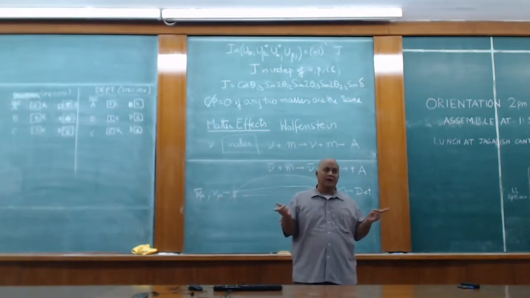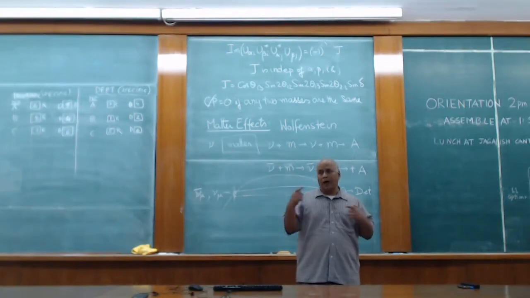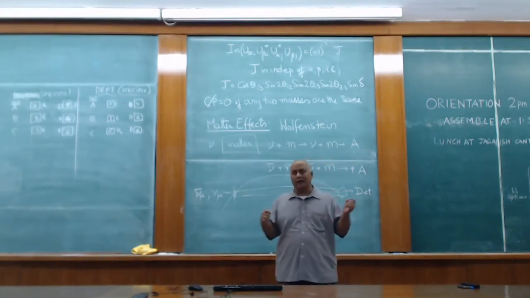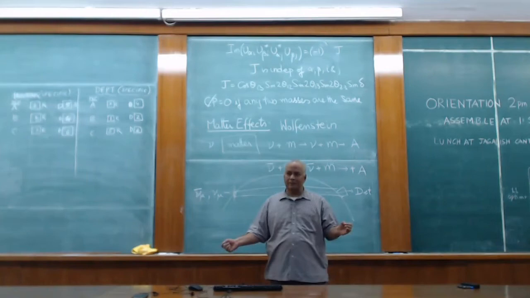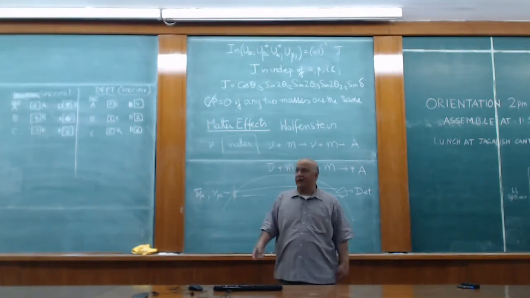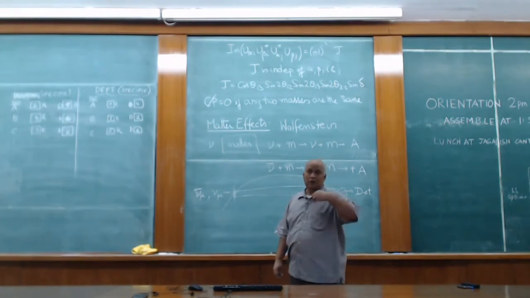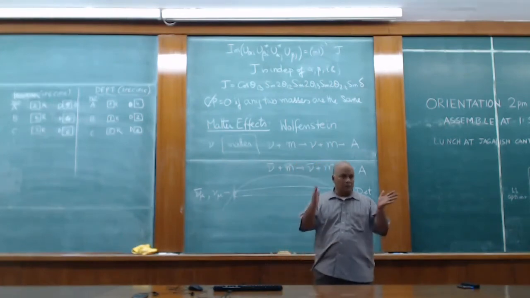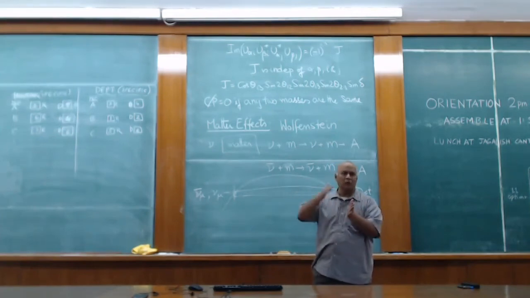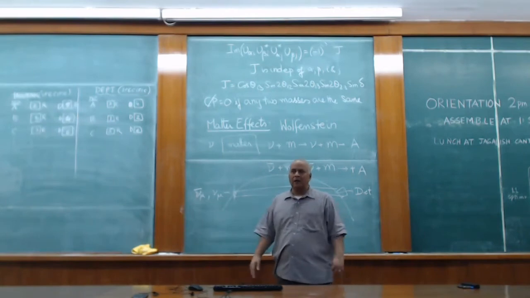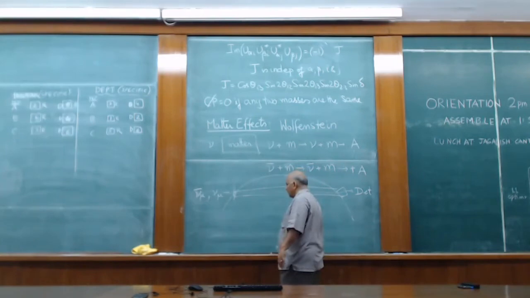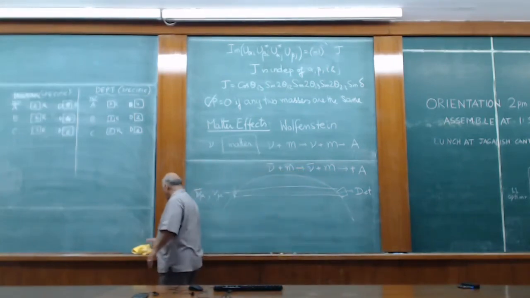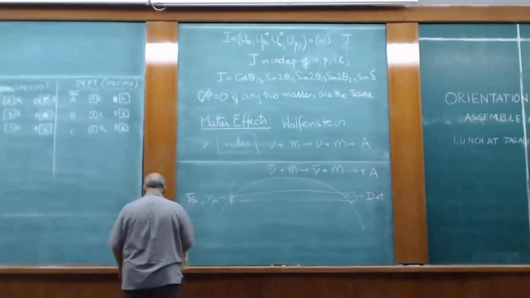And if intrinsic CP violation is non-zero, I have a job of disentangling what is intrinsic CP violation and what is fake CP violation. So, the job of measuring the phase delta is much more complicated than simply measuring nu mu to nu e, nu mu bar to nu e bar, and seeing whether they are different or not. So, this is the problem that we are facing, and in order to solve this problem,